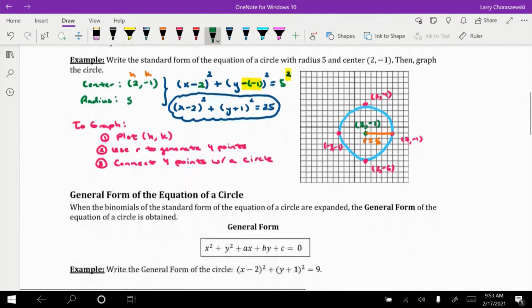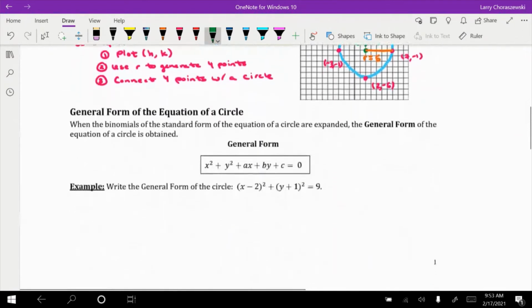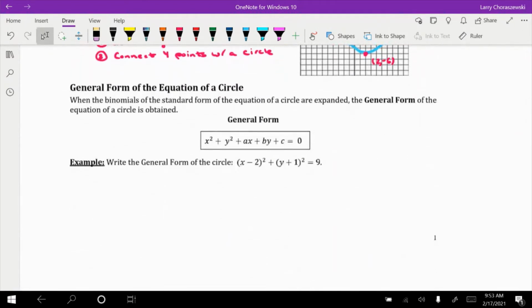All right, so there's one more form of a circle that we want to be aware of, and that's the general form. The general form of a circle is essentially what we get when we square out the expressions x minus h and y minus k. We can square those out and reorder the terms in a special way, and